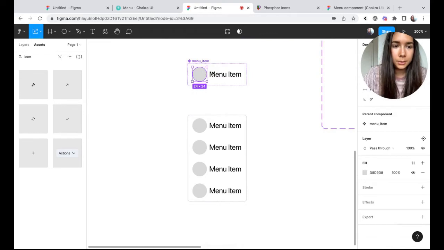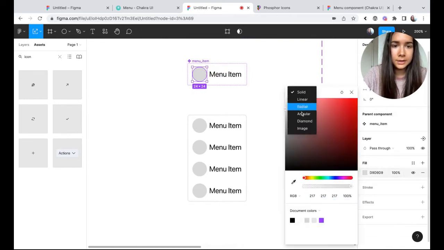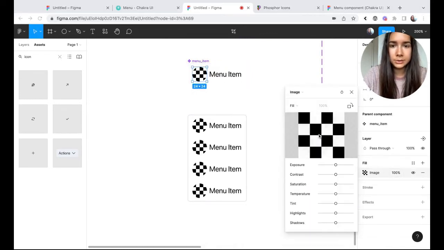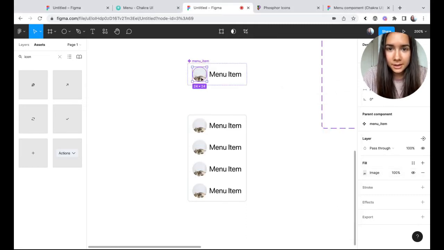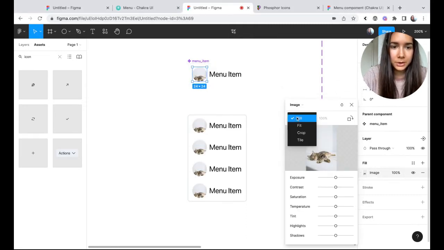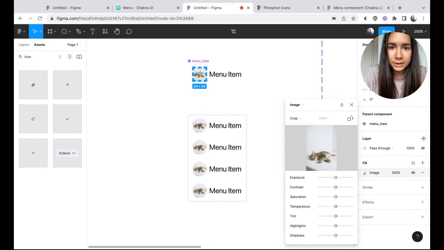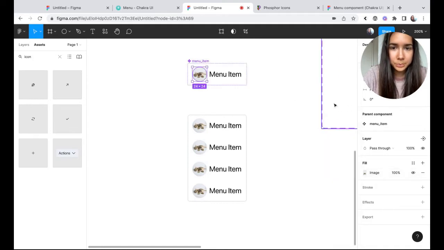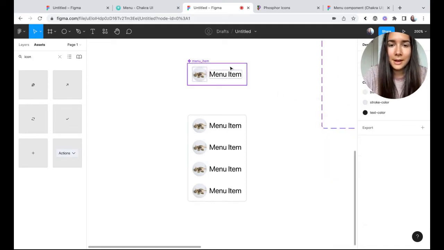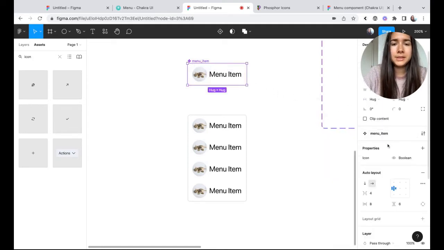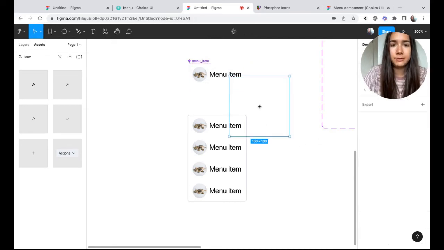And from here, we're going to go to fill and we'll set the fill to image. I have a couple of cat pictures ready here. Okay, and we will adjust our filler image or placeholder image. And here, once again, we don't want this image to be visible by default.